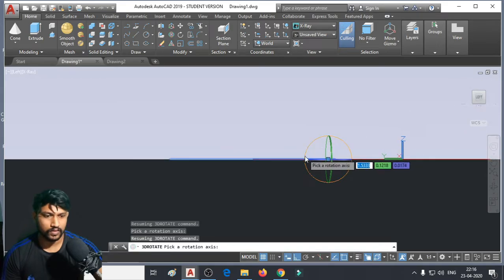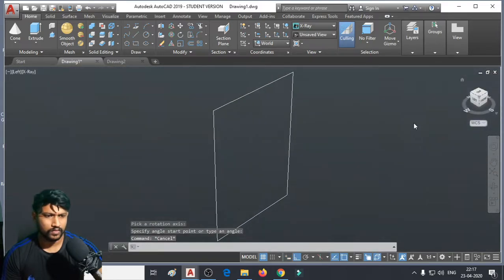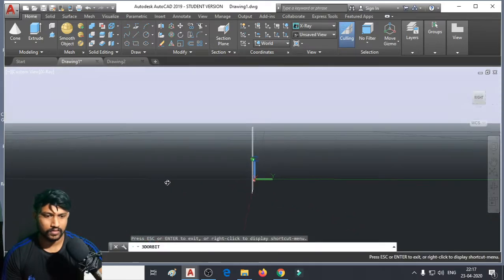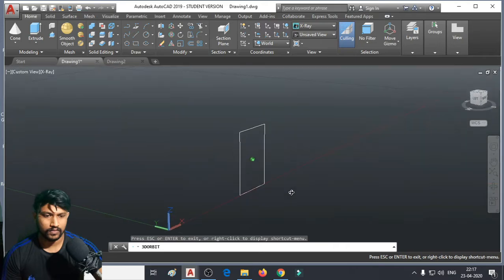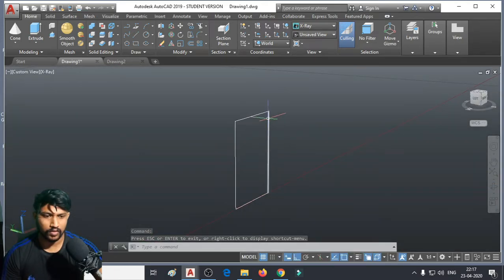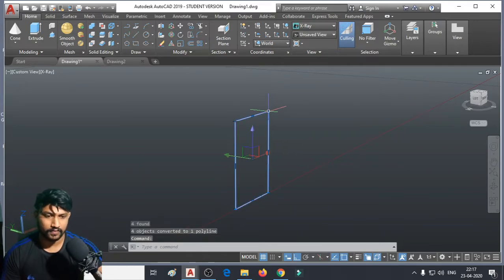Let's take this view. Am I seeing two different lines here? That's fine. Let me try to rotate this one. First, let us join this using the join command. Yeah, it has worked.